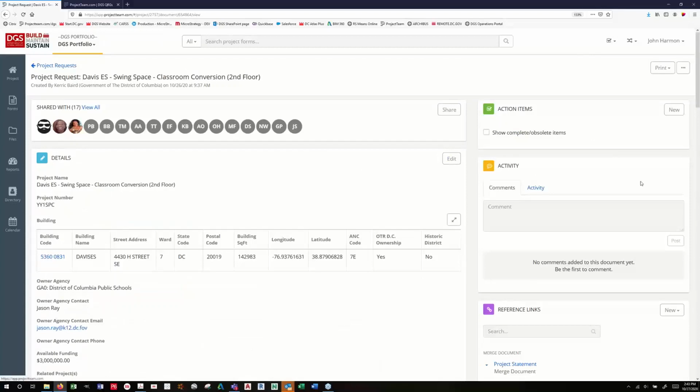So at this point, after the project statement is created, DGS does its thing. It goes to the IRB. You guys have your normal CIP BRT budget review process, all of that happens the same. We're just providing information for that. Your EPM will continue to work with that. You'll work with the budget people from DGS, all the normal stuff. And then